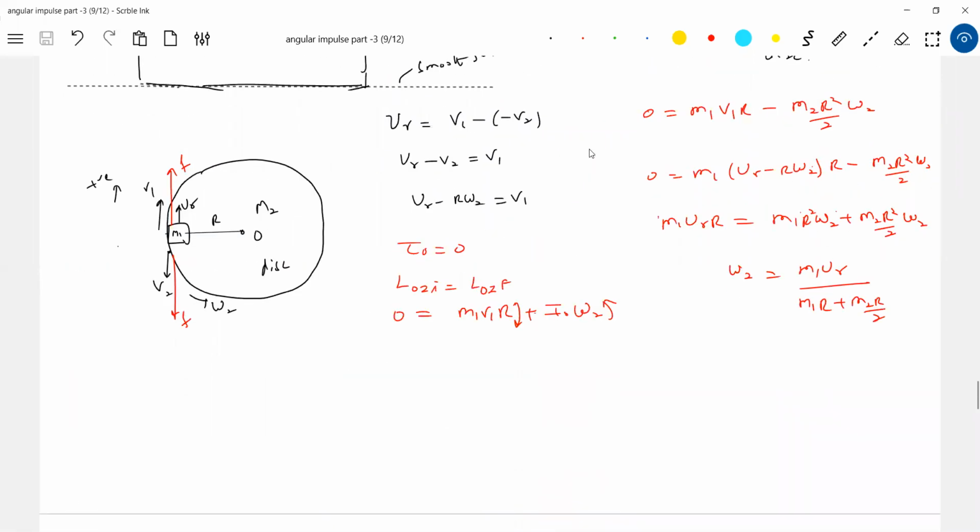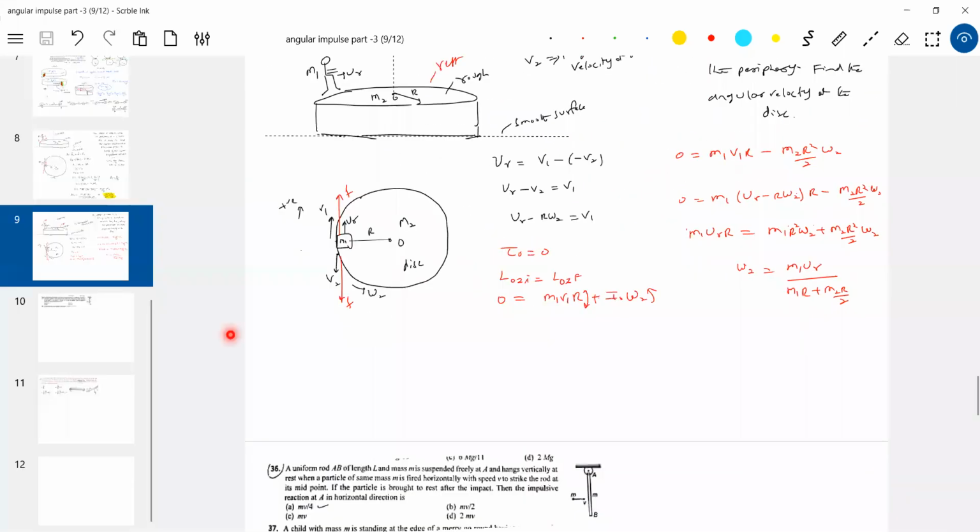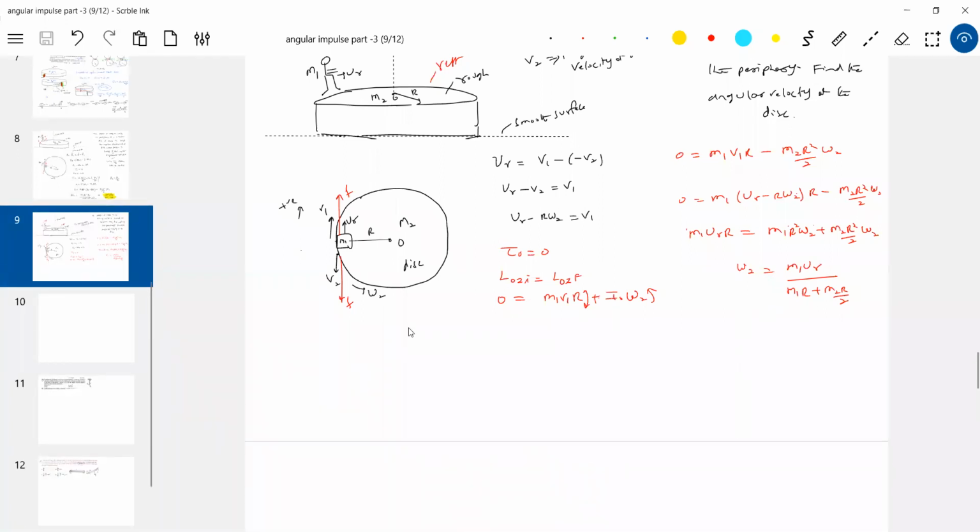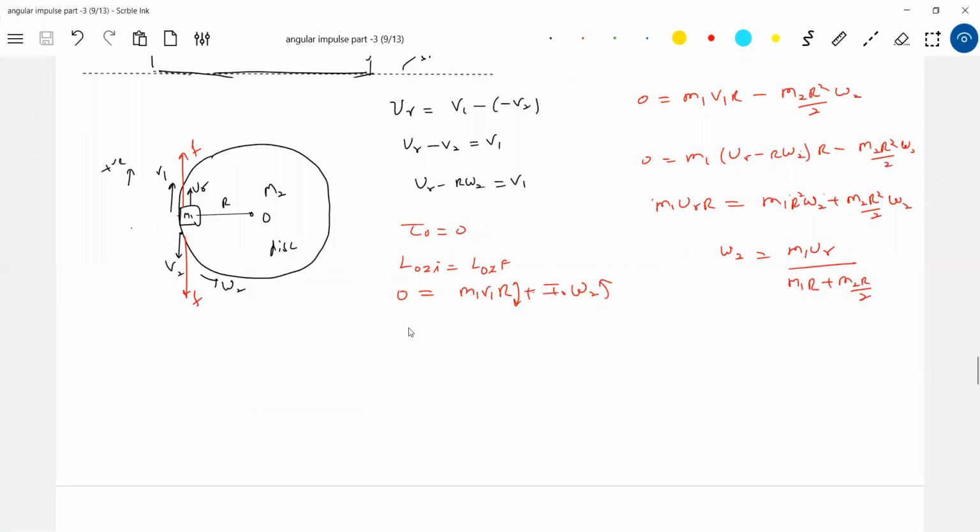Let me give one more here only. The disk one. I'll give one more situation. Okay, there's a disk of